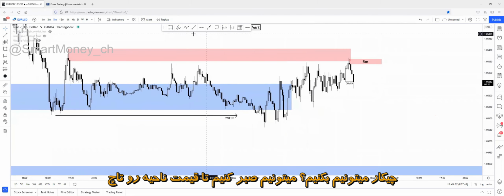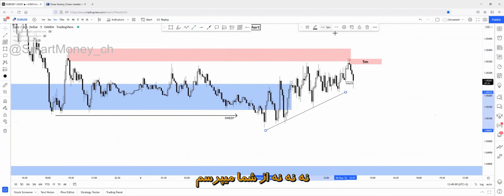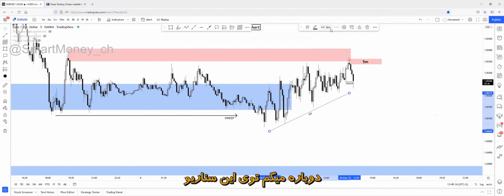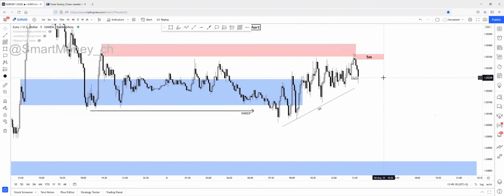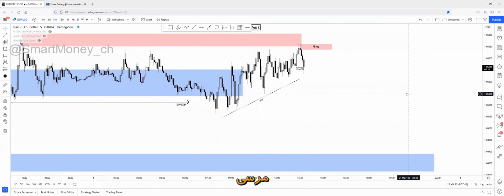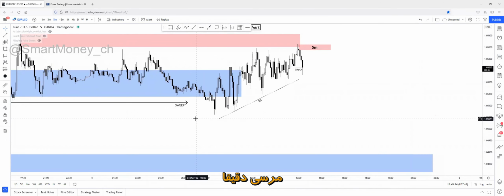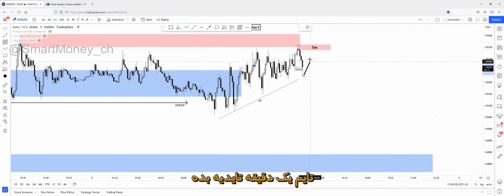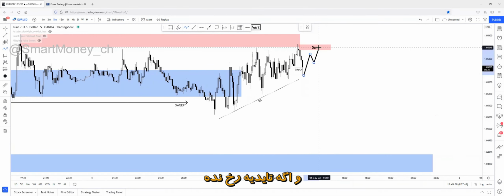So what can we do in this scenario? I'm asking you, I want you to repeat it. What can we do in this scenario? Wait for confirmation on the zone. Thank you. Or 1 minute drop. Exactly. We can wait for a 1-minute confirmation on this zone, because